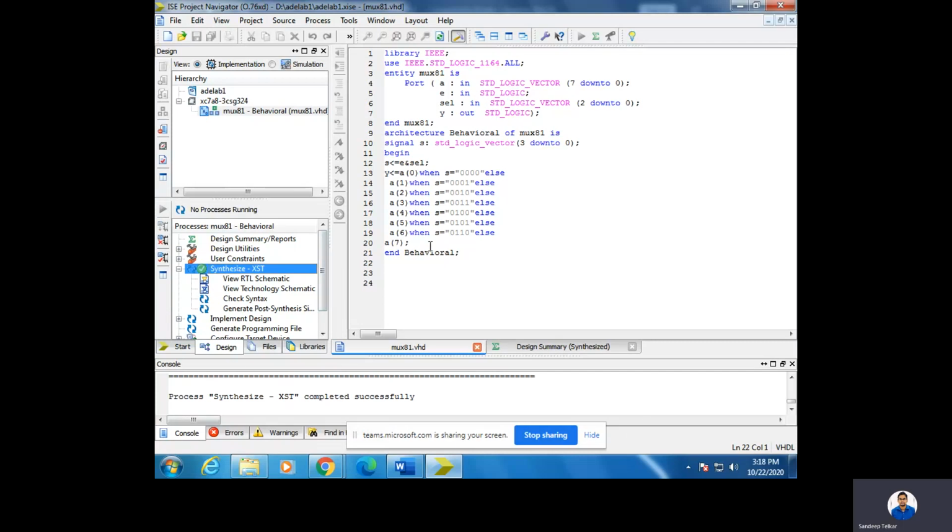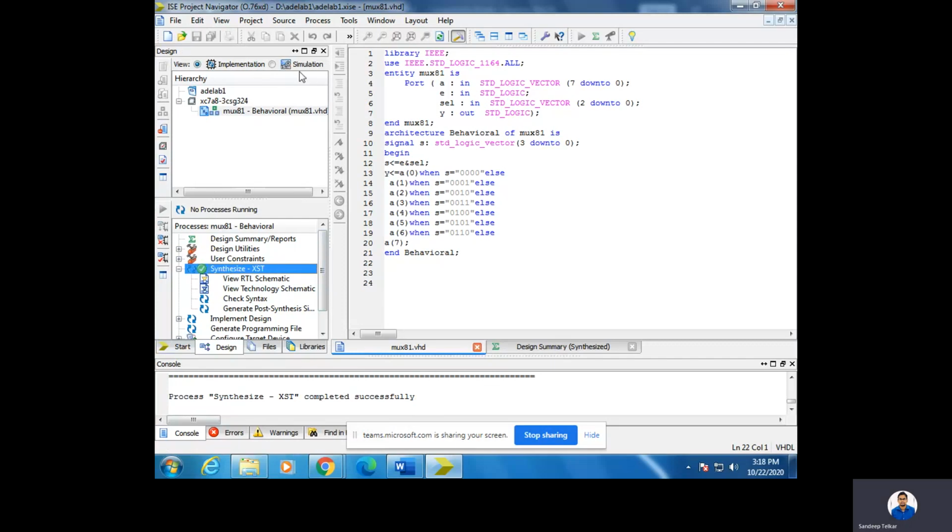If your program contains no errors, it is going to show "Synthesize completed successfully", plus the indication as a right mark. Clear? It is going to show a right mark. So you can assume that whatever program you have written is right. Once you are done with the error checking, next observe carefully.